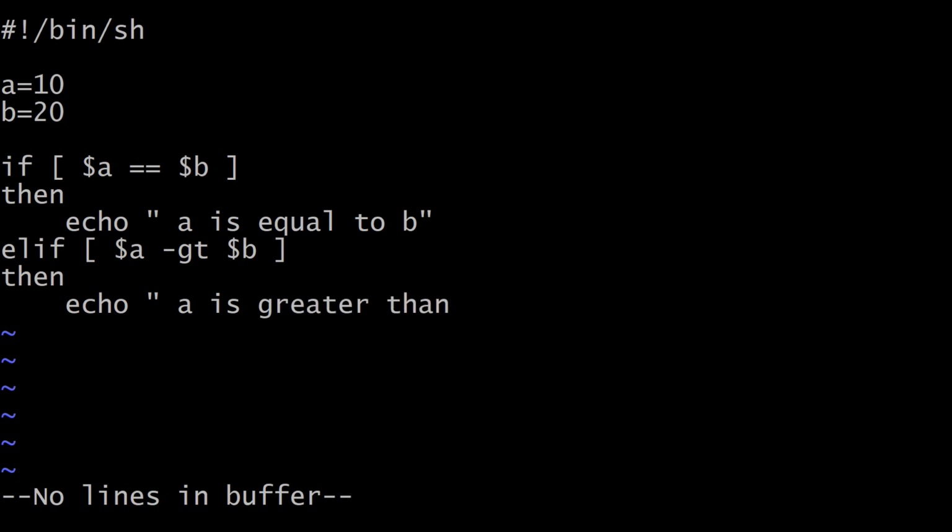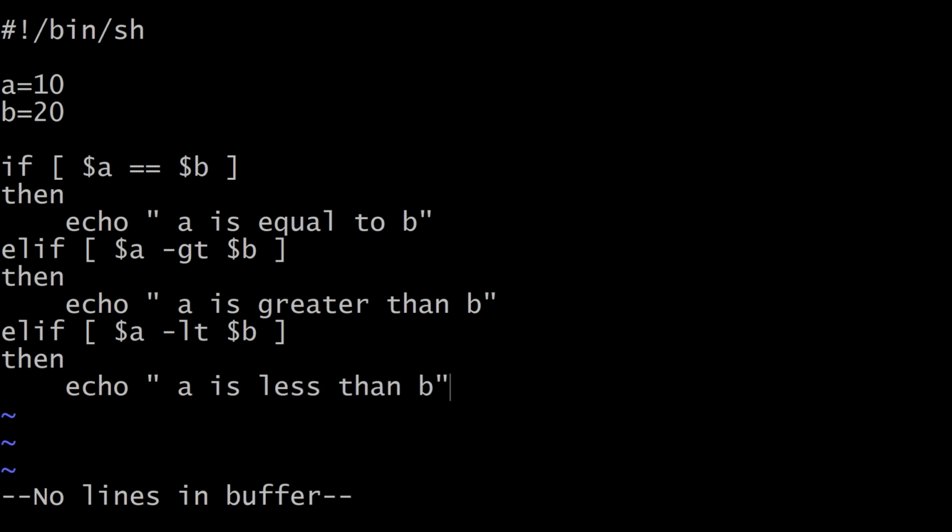greater than b. And on the next line, we will again use an elif statement to check if a is less than b or not. So again, we will use the elif, give our third expression a less than, so hyphen lt, b. Then it will print a is less than b.